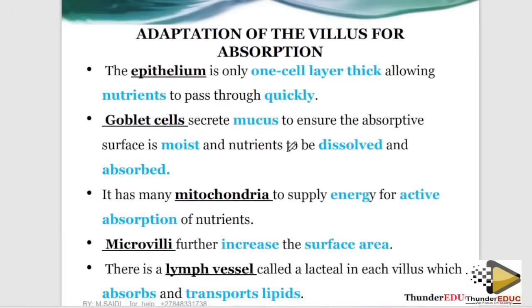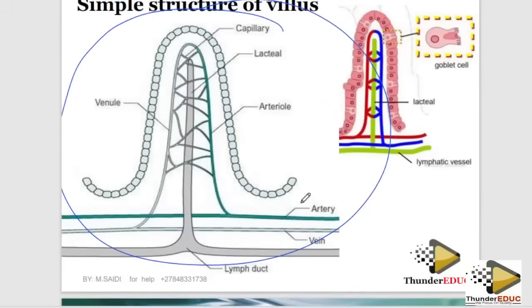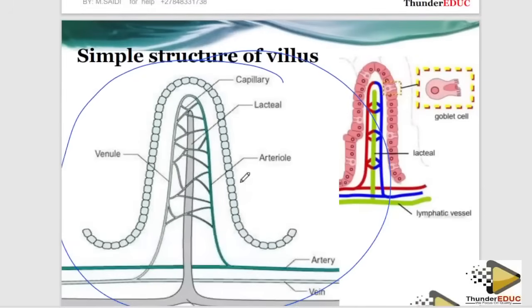For what? When it asks you adaptation, you give, for example, epithelium is only 1 cell thick. For what? Allowing nutrients to pass through quickly. You see, goblet cell, mucus, to moisten the surface and also help dissolve the substances. You see, mitochondria, energy for what? Active absorption. Microvilli for what? Increase the surface area. Lymph for what? Transport lipids. Yes, please. Whenever we ask you, because you can't just bring a diagram and then just say let's go